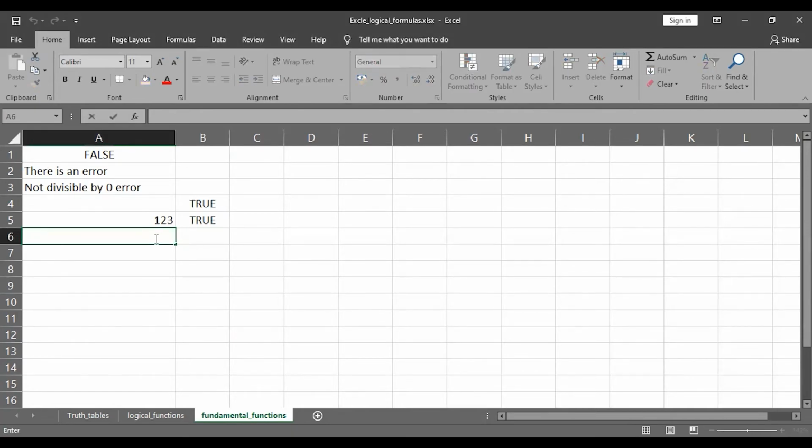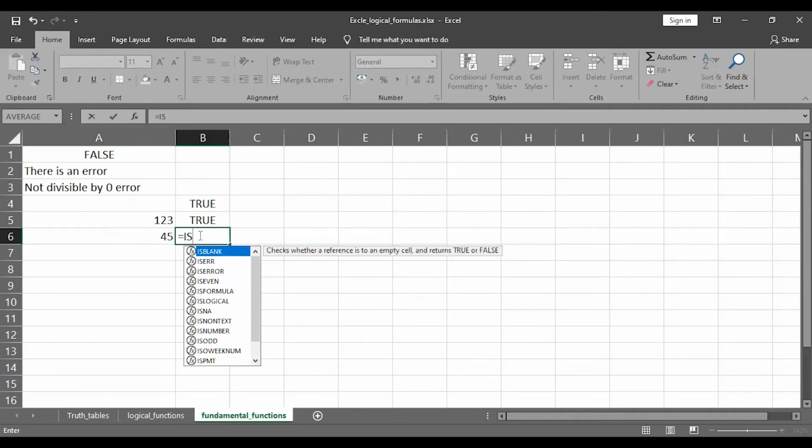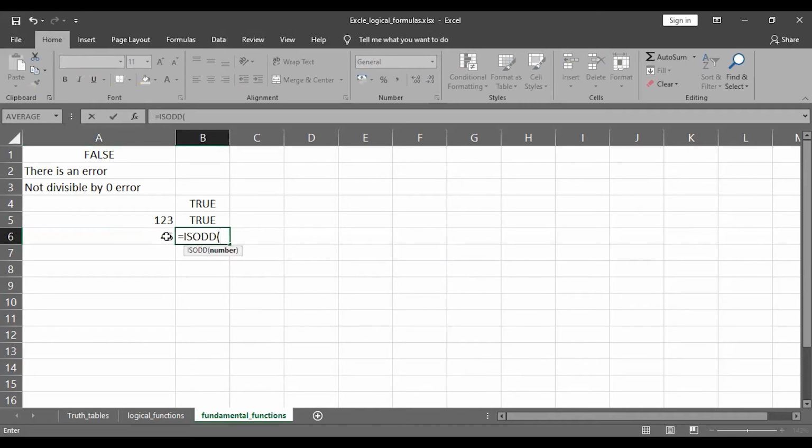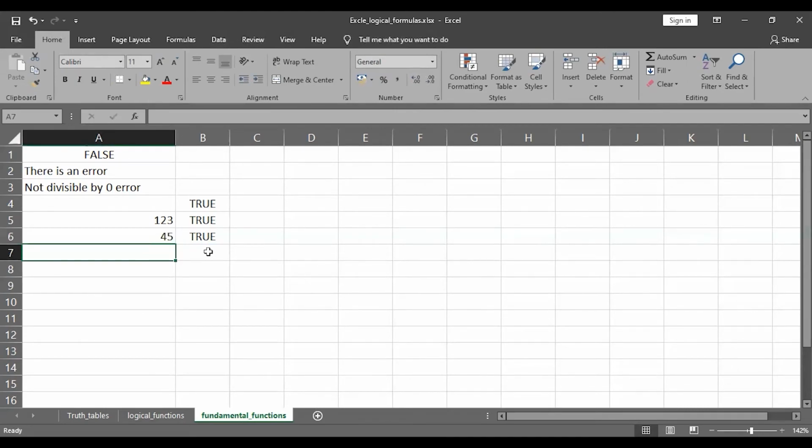Now there's also a really important interview question. Suppose there's a cell value, and with the help of only one function, you need to detect if that particular value is odd or even. So I'm going to use the ISODD function, and if I provide this particular cell value, it is going to return me TRUE in this case.